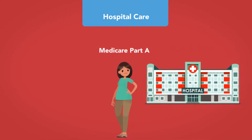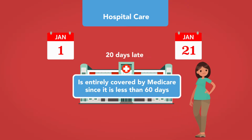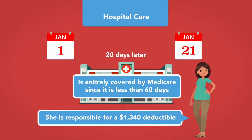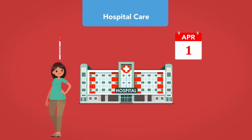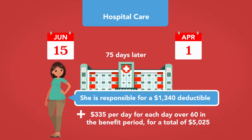The 20-day stay between January 1st and January 21st is entirely covered by Medicare since it's less than 60 days. However, she is responsible for a $1,340 deductible. For the April through June stay, she must pay a $1,340 deductible, plus she must pay $335 per day for each day over 60 in the benefit period, for a total of